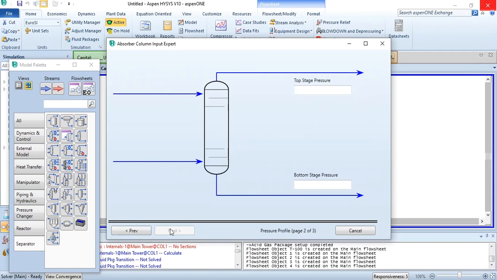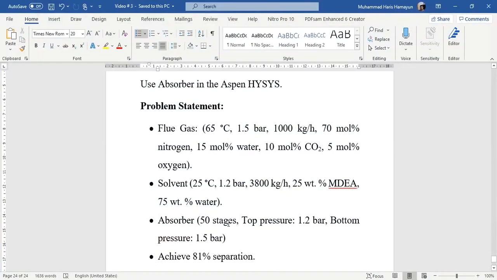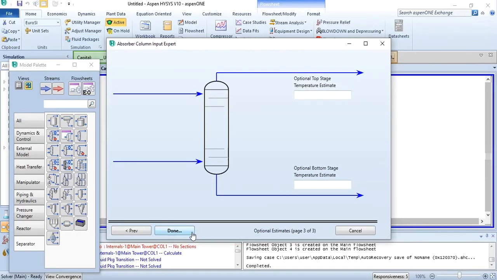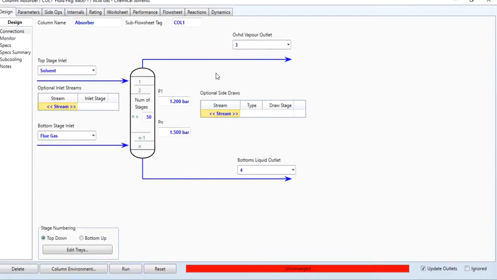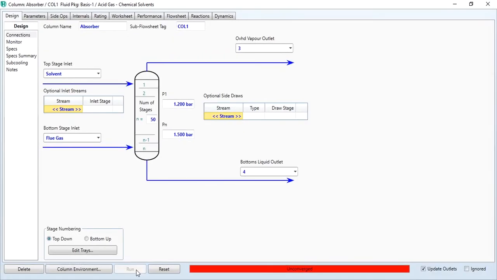So click next. The top stage pressure is 1.2 bar and the bottom stage pressure is 1.5 bar, as the information has been given in the problem statement. So 50 stages, top pressure 1.2 bar and bottom pressure 1.5 bar. Click next. We have not been provided any estimates about the top or bottom stage. So click done, and once after clicking done, just run it, and after solving for a few iterations it will converge,